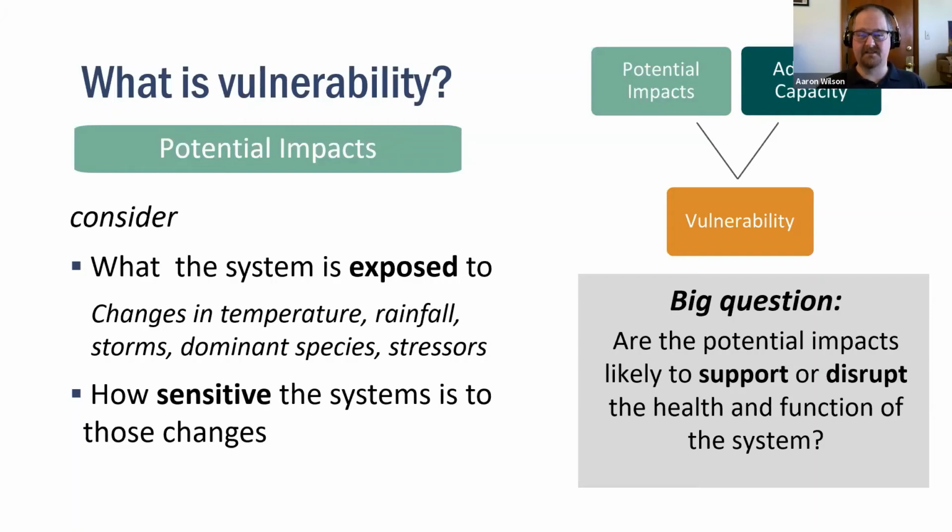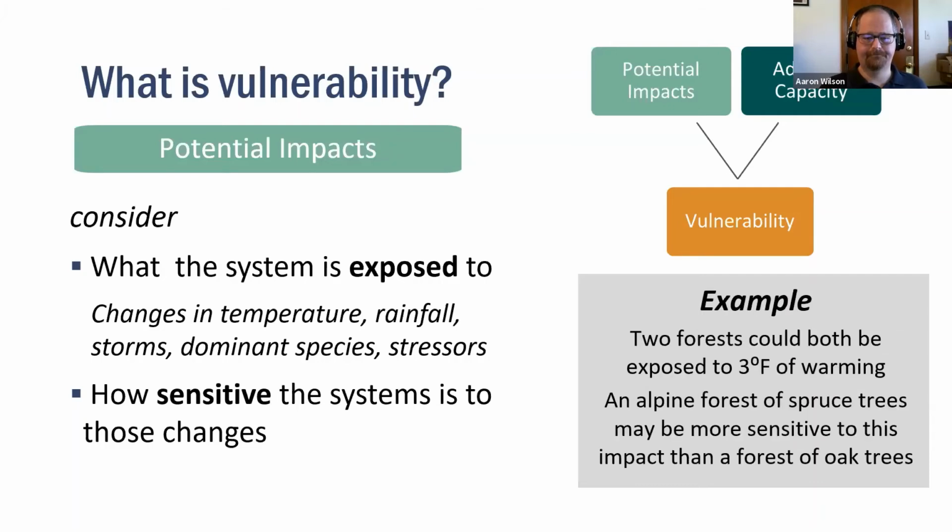Highly sensitive and it's got a lot of exposure. So it's trying to understand to what degree, right? The big question, are the potential impacts likely to support or disrupt the health and function of our system? And so two forests might be exposed to the same impact, a warming, say, of 3 degrees Fahrenheit. But a spruce forest is going to be